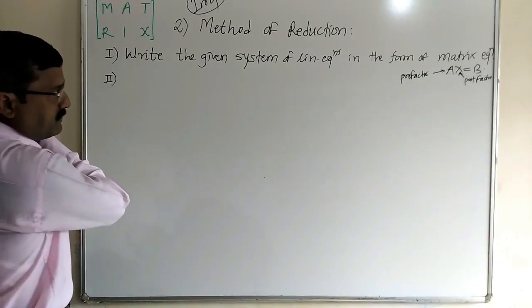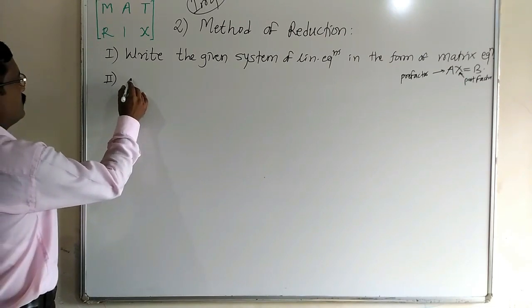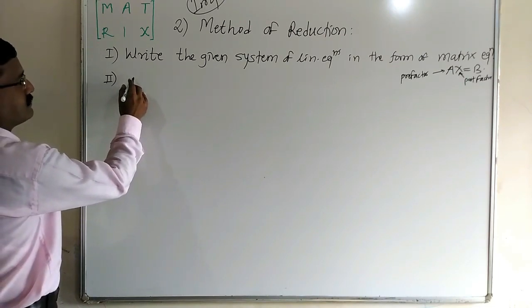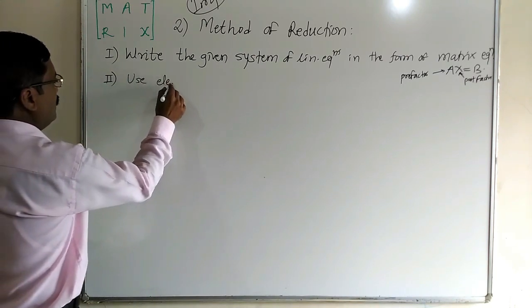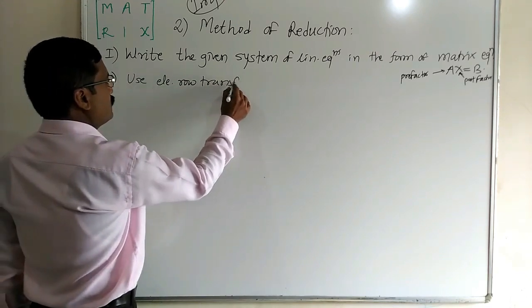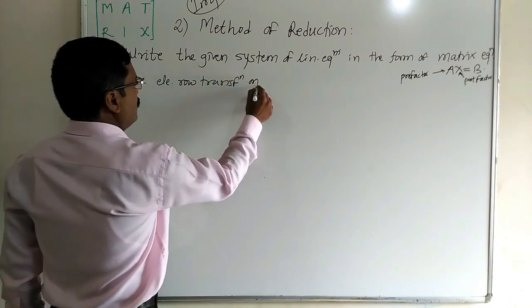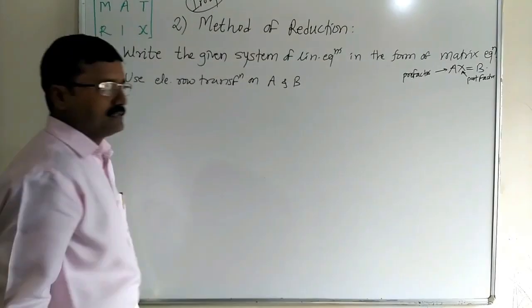So the second step is to convert or use elementary row transformations on matrix A and B simultaneously,